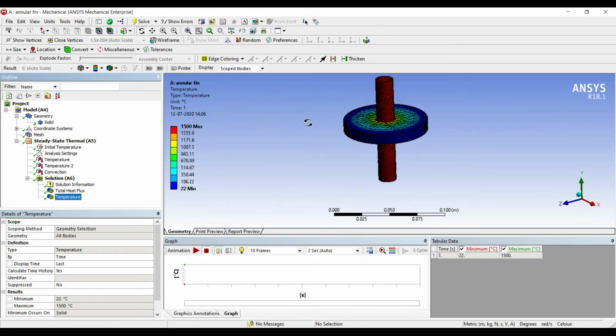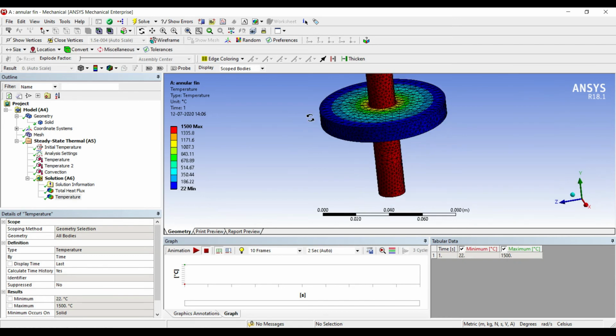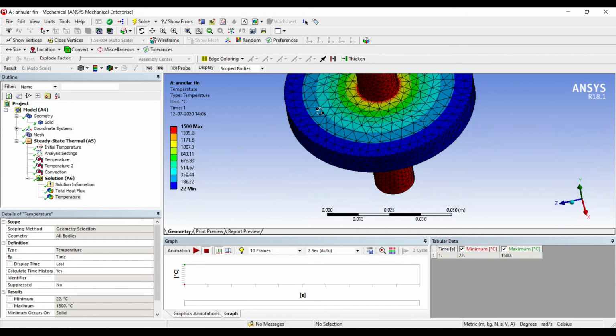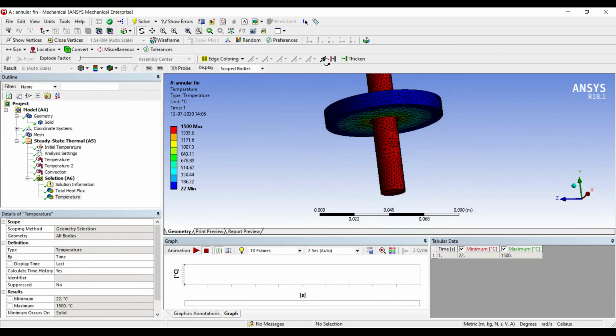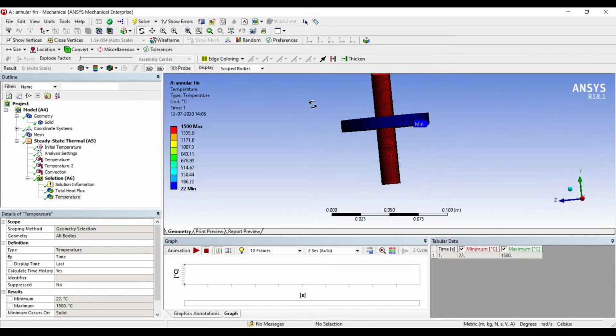Let's check the temperature first. You can see the temperature profile over the entire fin. The middle cylinder, I have given a temperature of 1500. If you want, you can click on max and min. So you can see the entire cylinder at the center has a maximum temperature of 1500, which is shown to the left.